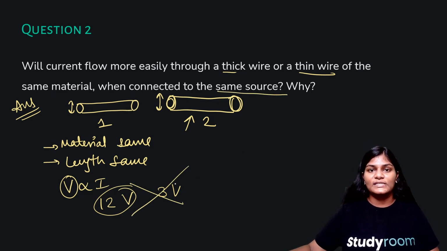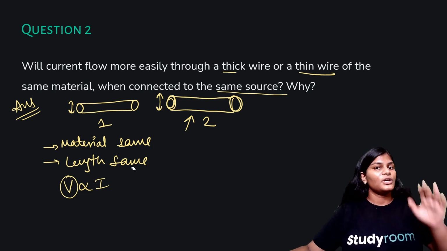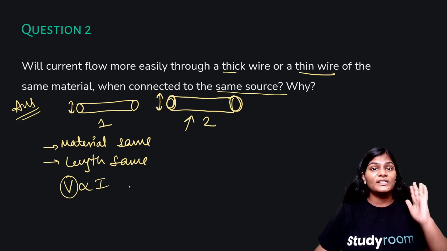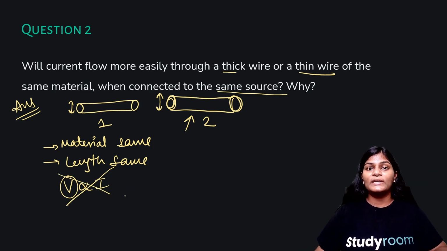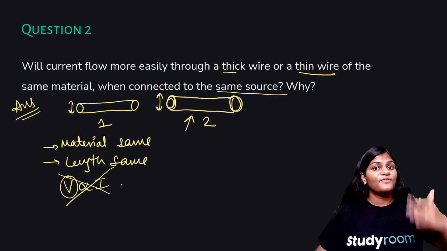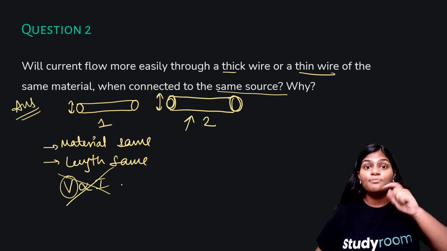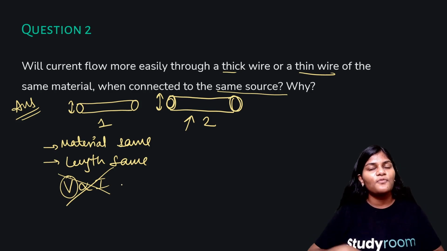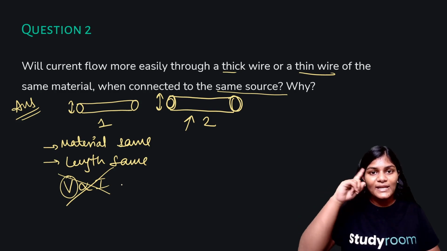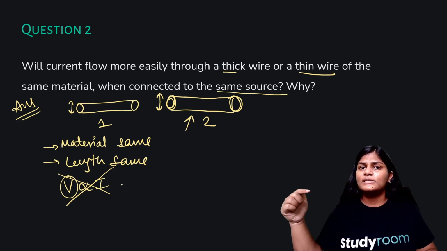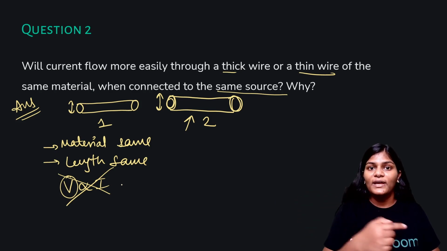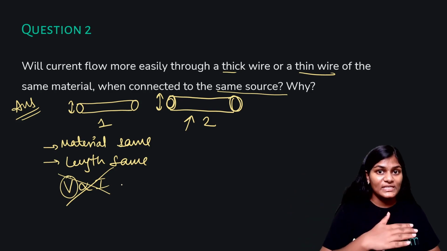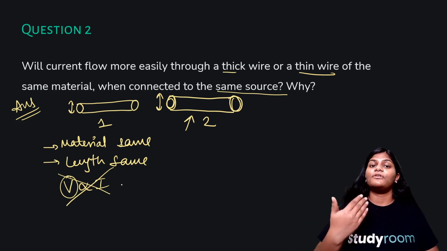So you can't do this. If you provided a 3-volt source, you can only use a 3-volt source. If you have provided a 12-volt source, you can only use a 12-volt source. That is constant. So this V is proportional to I relation we cannot use here, because V is not changing. So I will not change because of V. So again you start thinking, then what will I change because of? You think and you think, then what is the next thing that comes to mind? What factor does the current flowing depend upon through a wire? It's resistance, right? If the wire has less resistance, current will flow easily. If the wire has more resistance, the current will flow less.